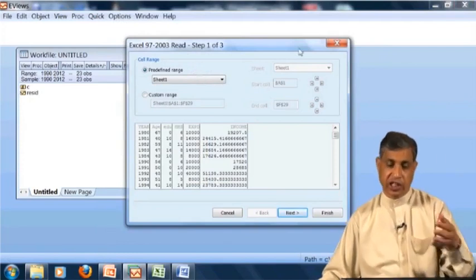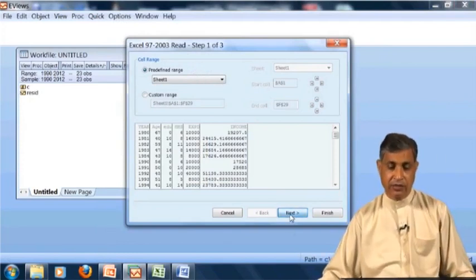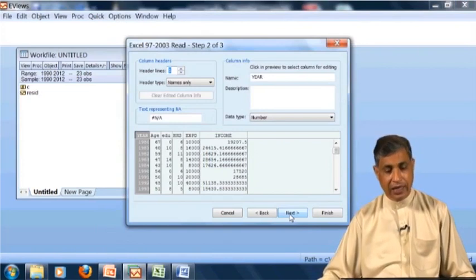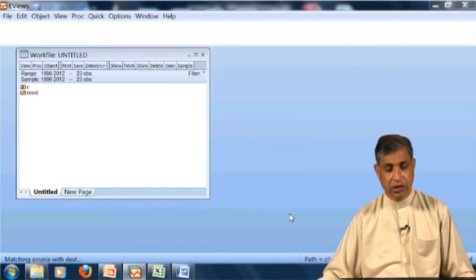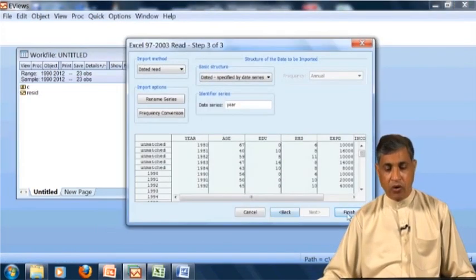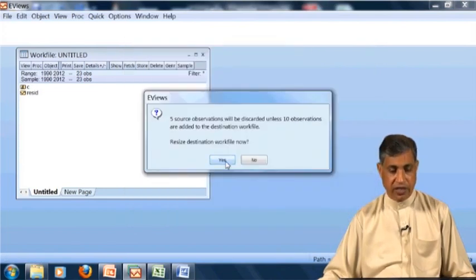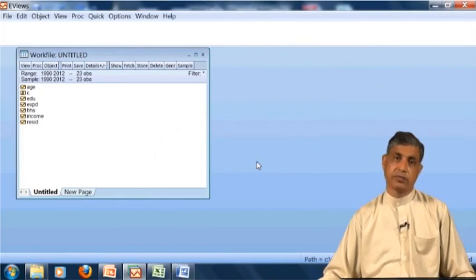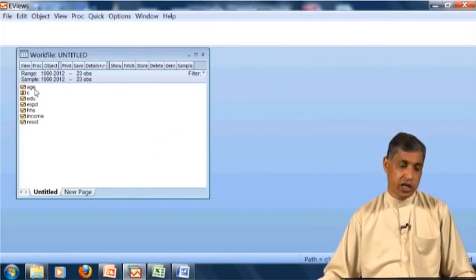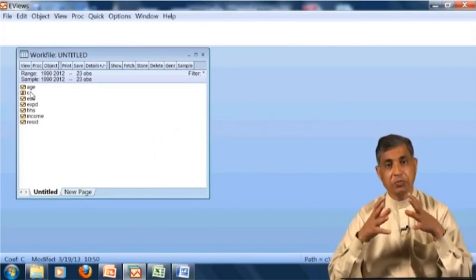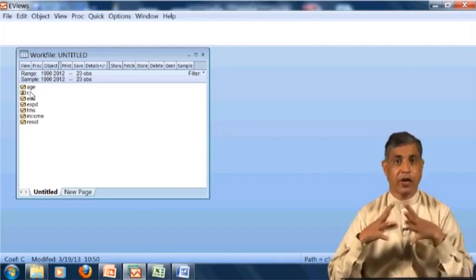Now it is its function. I will click next. I will again click next, and now I will finish. Look at this. Now here you can see it has brought all the data from Excel.